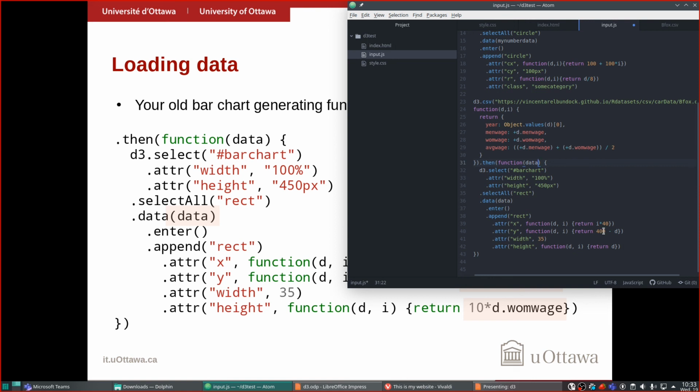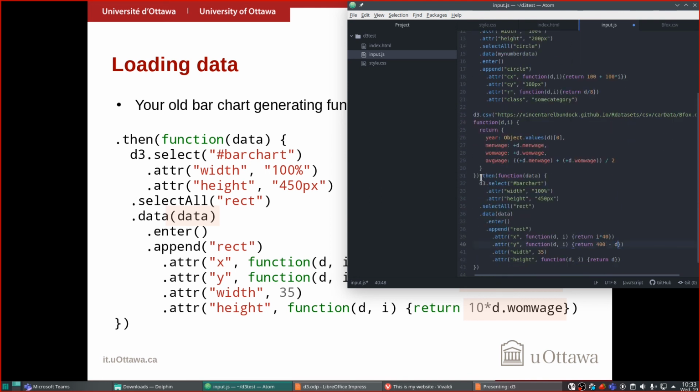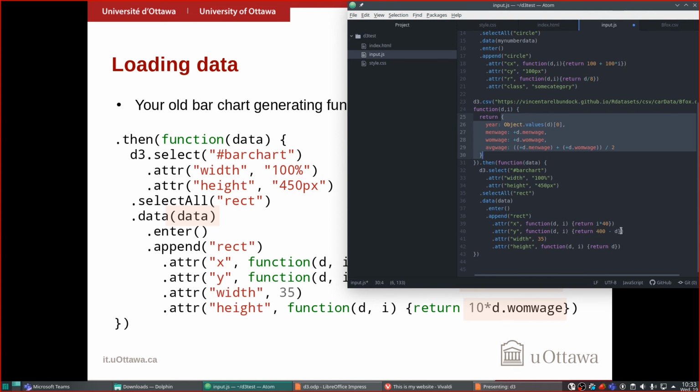It still works, but D does not work anymore because D in the beginning corresponded to a number, but now it corresponds to this thing. So D has year, D has man wage, D has woman wage, D has average wage, and we have to specify what we have to use. So we can plot the women's wages first, and we use the period to indicate that we want the woman wage, this one, from D. So if we save that,